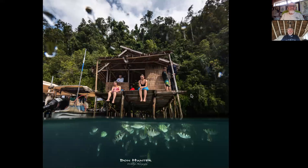Oh, here we go. Another one of your splits. This is a split. A split, yeah. So this is a place called Hidden Bay at Raja Ampat in West Papua. And it is seawater, but these are archer fish. Which are also freshwater fish. And I guess there was salt in the water. But what these guys do, their eyes are situated on the top of the head there, and they swim around